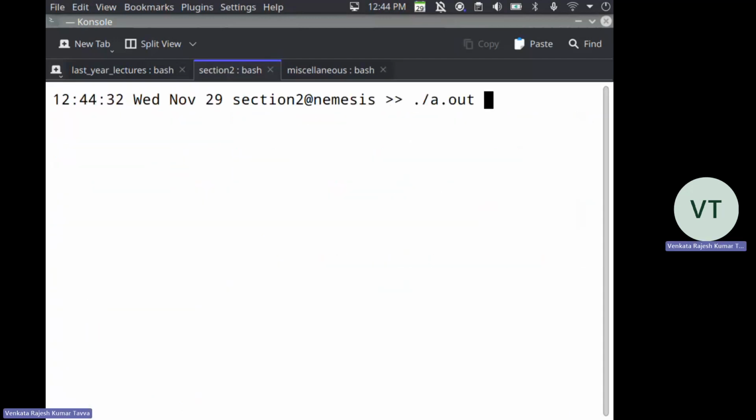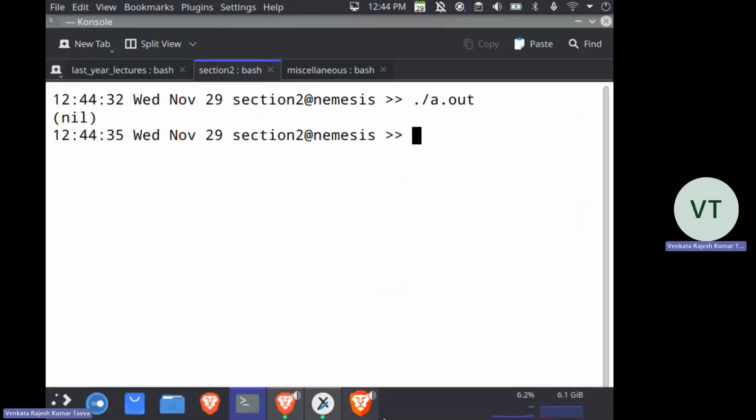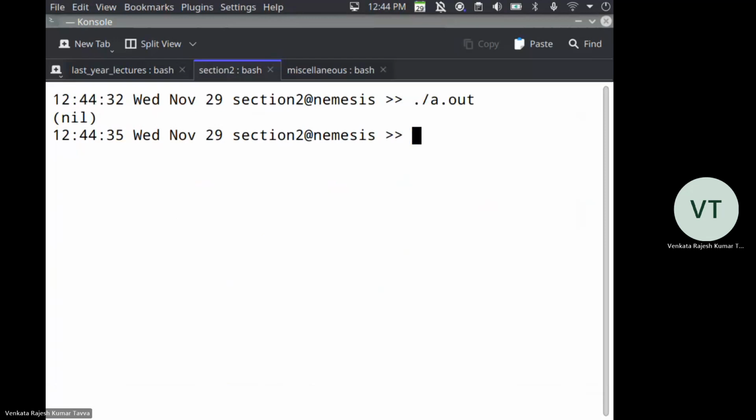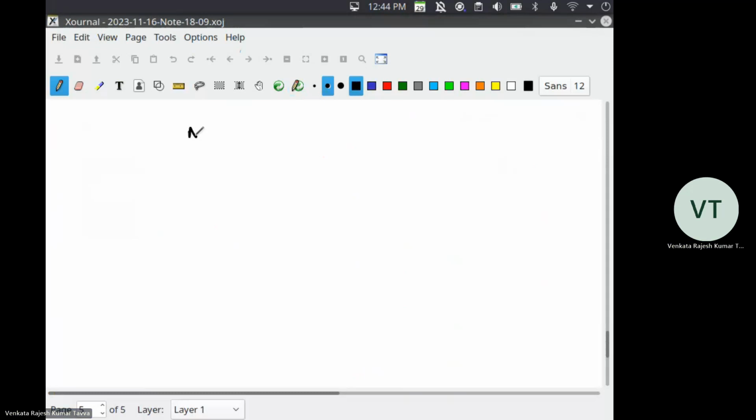It's just a warning, it's not an error. It's saying nil. This is another form of what we call as null. So a null pointer. So this is a null pointer. So an uninitialized pointer, or you can also call it a dangling pointer. It is not pointing anywhere, right? Those are called null pointers. So this value null, it's like